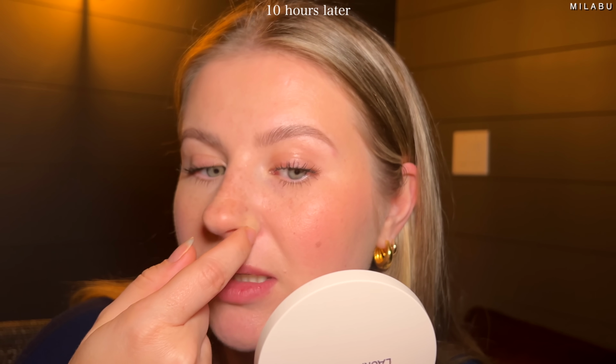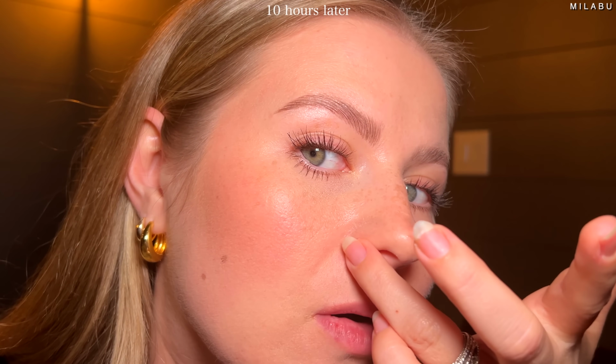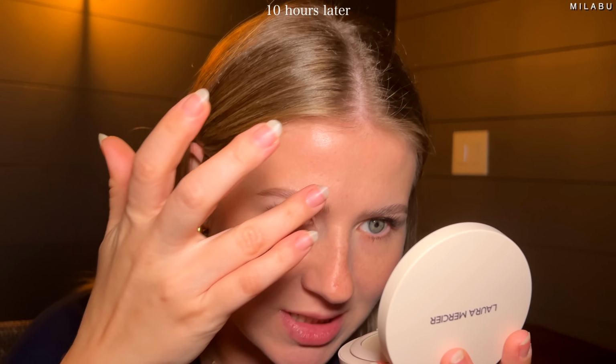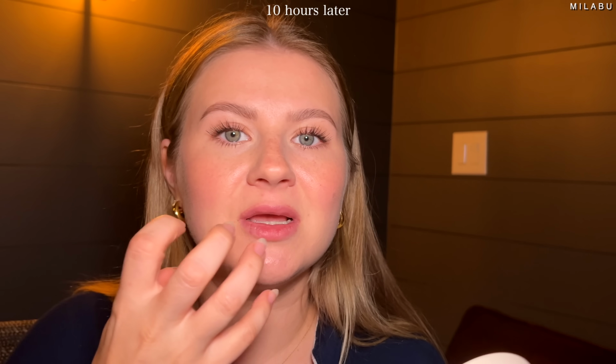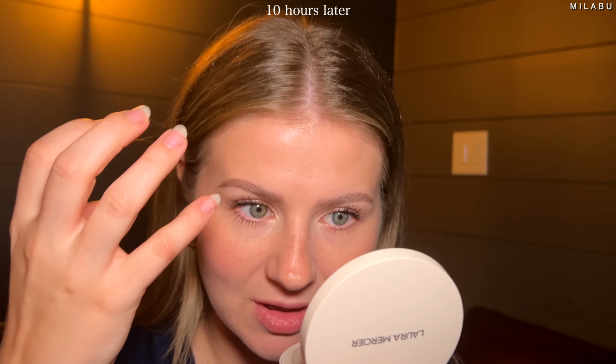The foundation is looking dry around my nose now. It's not looking pretty. I see the foundation starting to move around a little bit, especially around the chin. I feel like a lot of that coverage is gone. It feels good around my jaw, my cheeks, my forehead, but the chin is really breaking apart a lot, which I'm actually surprised because I feel like the foundation breaks apart first on my forehead, but